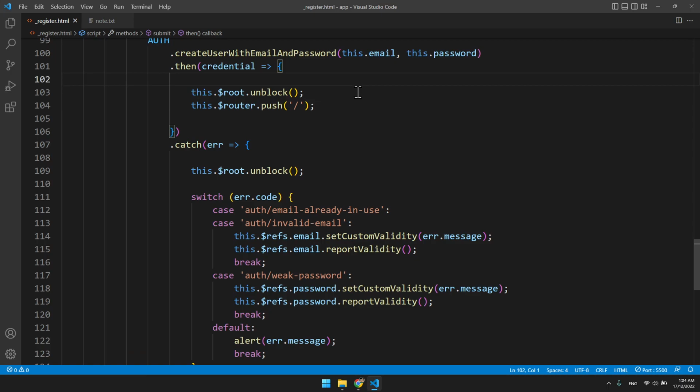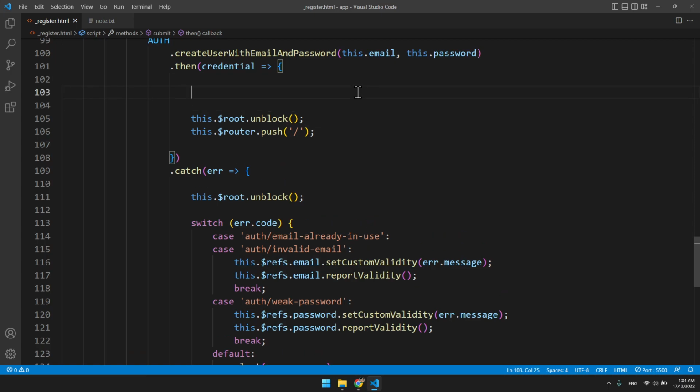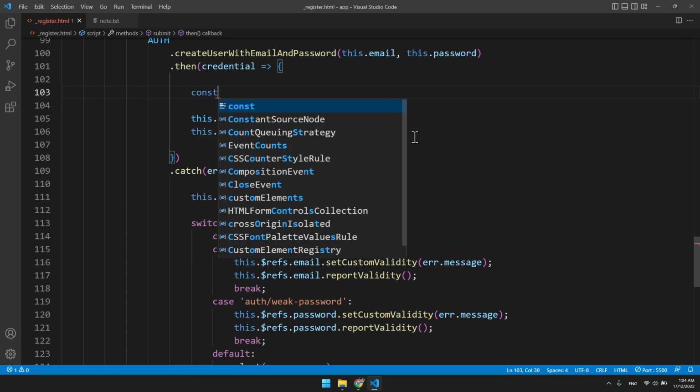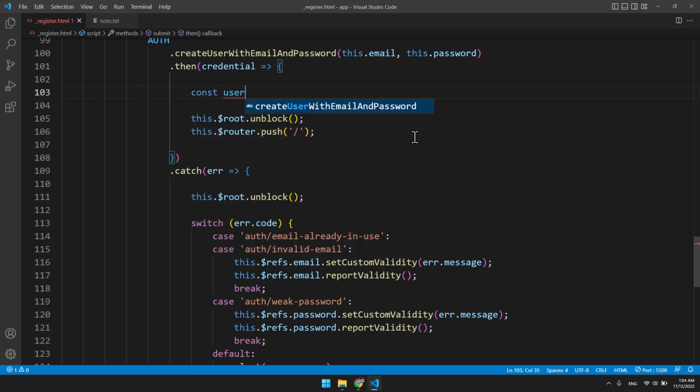But before it, as I said just now, since I would like to store their profile photo and also their display name, we have more things to do. If we don't care about that, and we just want email and password, then this code is enough already. But we want to have profile photo and display name. That's why I'm going to continue with the code on top. Firstly, we try to obtain a reference to the user object, that means the user account. So I can say